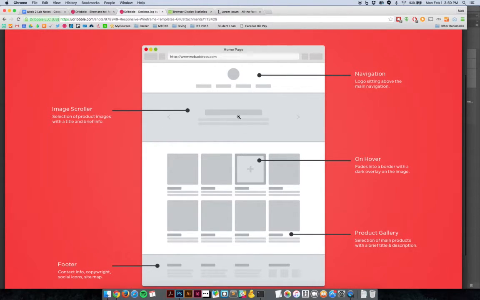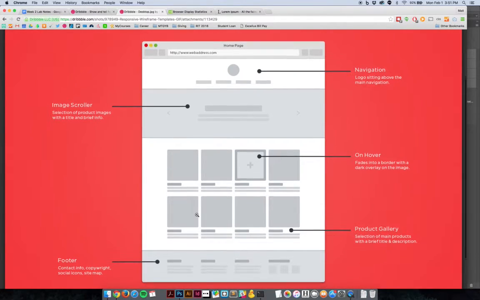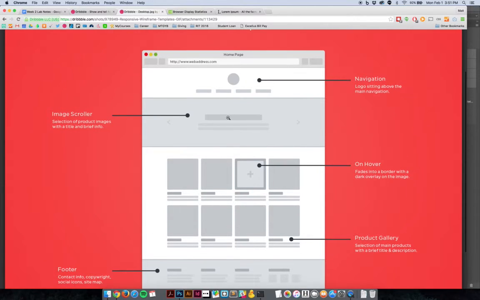It doesn't look much like an image though. Maybe an image with some text over it. And then these, I'm not really sure what these are. I guess these are product galleries. It'll be a title, a little description, and an image. So there's not much detail in the wireframe itself. They really need to use these descriptions on the side to let their client know what